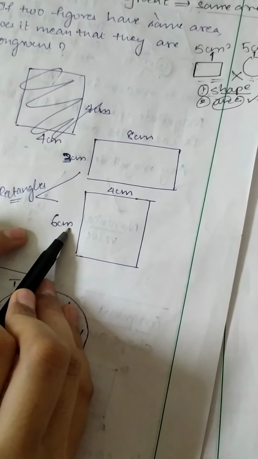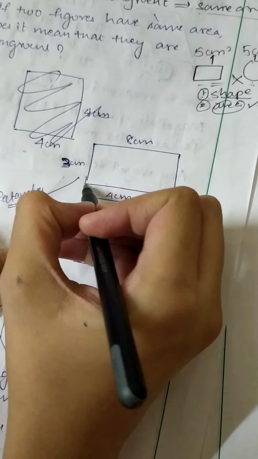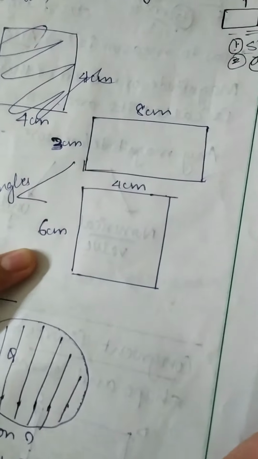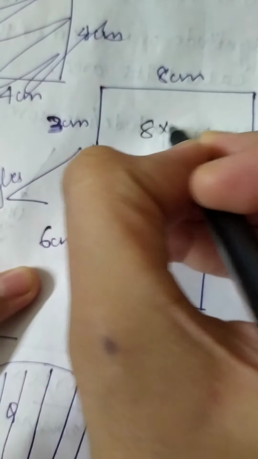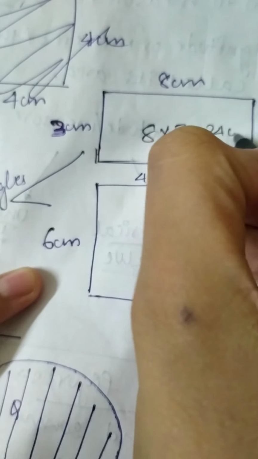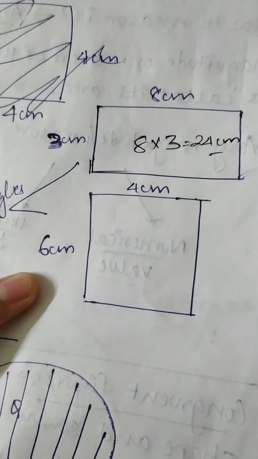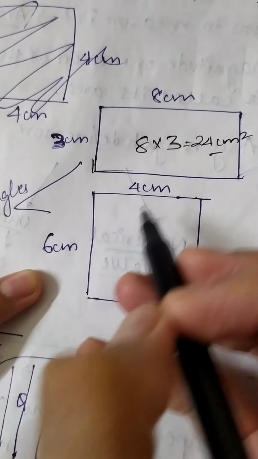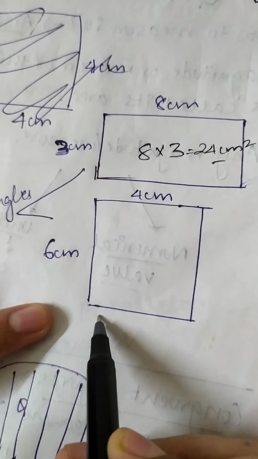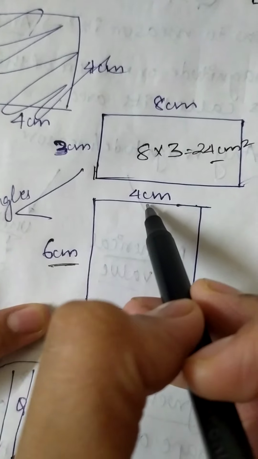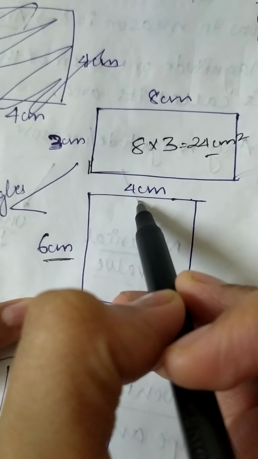Like say for this, we know this is a rectangle, and the area of a rectangle is length into breadth. 8 into 3, 24 centimeter square. Now, if I have another rectangle, 6, now I have